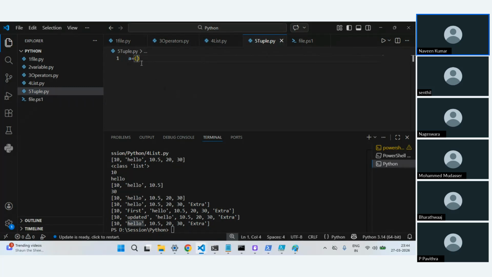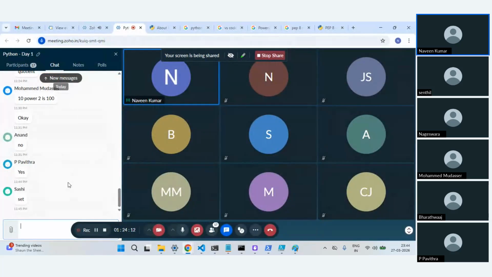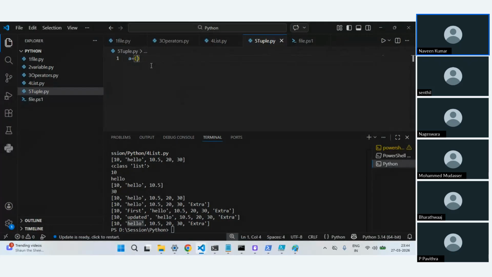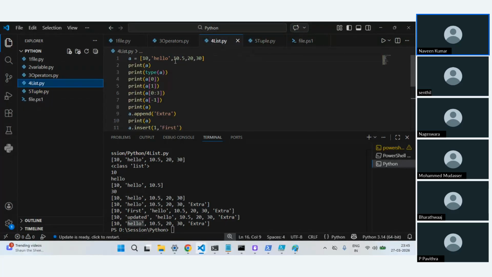There is a separate concept called sets also. But yeah, this is the bracket you define a tuple with. Here tuple also supports different data types. Probably what I will do is I'll just copy here.